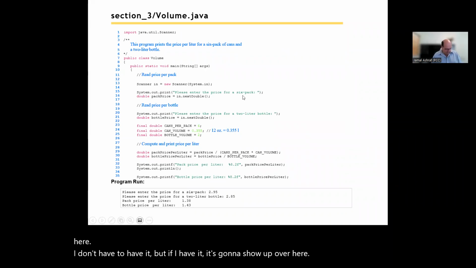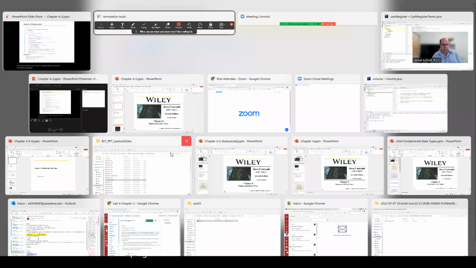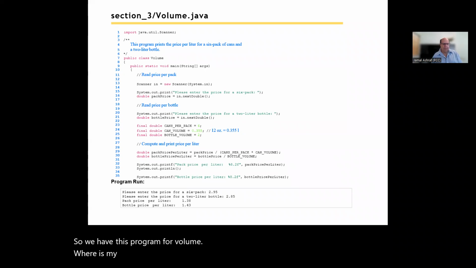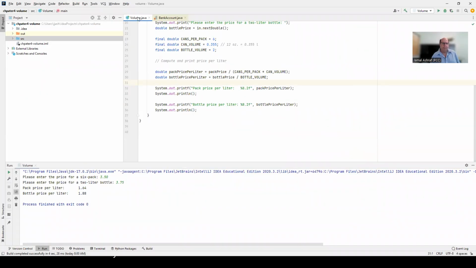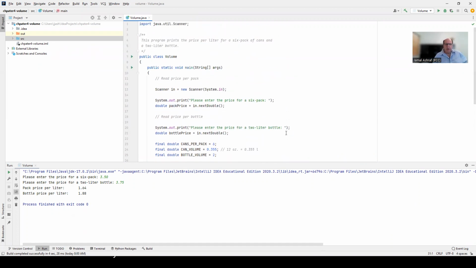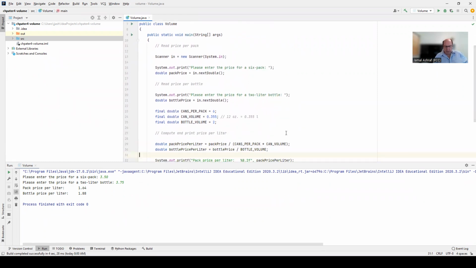Okay, so we have this program for volume. Where is my volume? Okay, so this program, you can practice on it. Remember, you have the code for the book. So we can read a double for 6-pack. We can read a double for 2-liter. And then we are defining our,